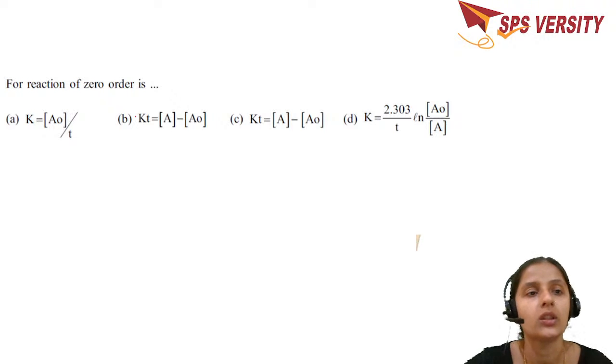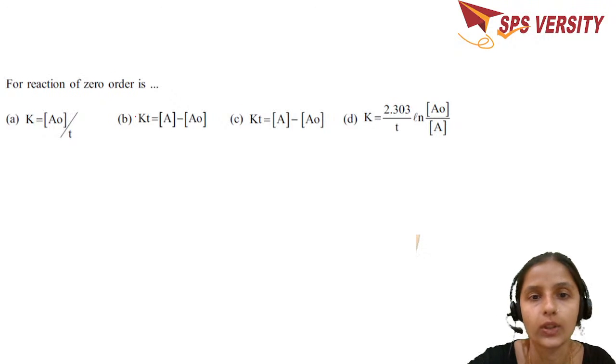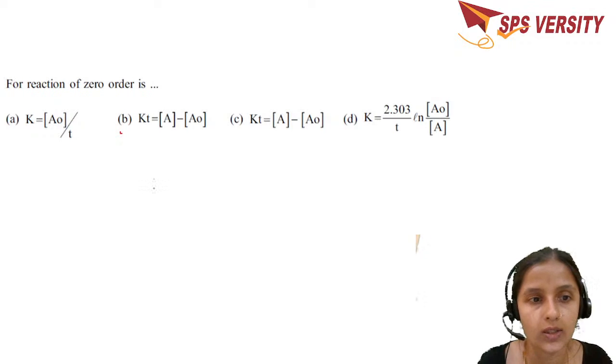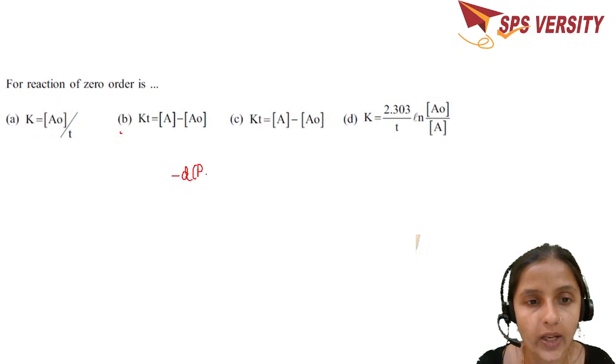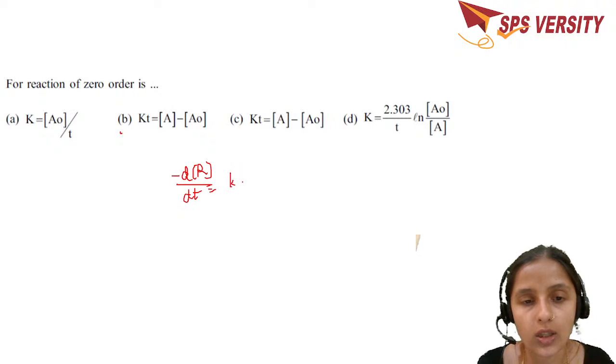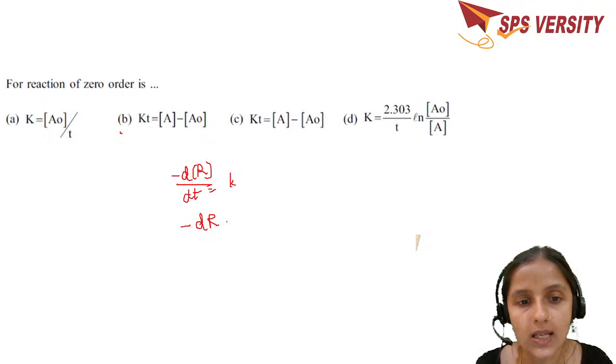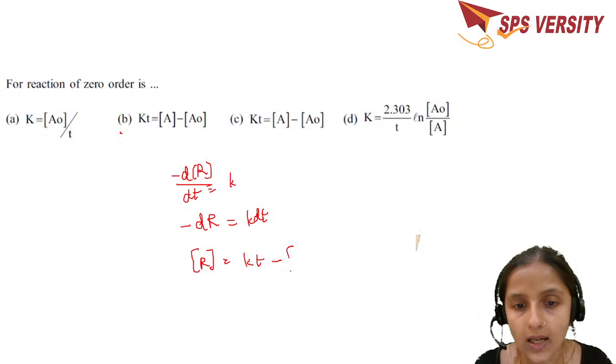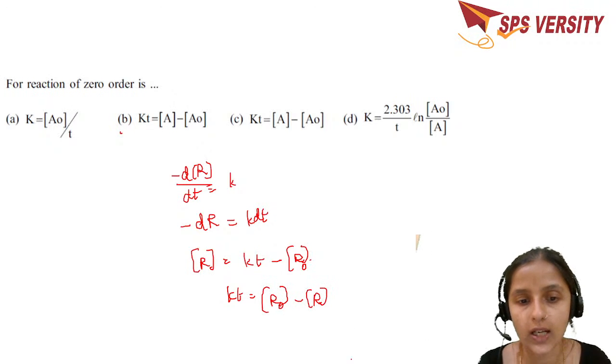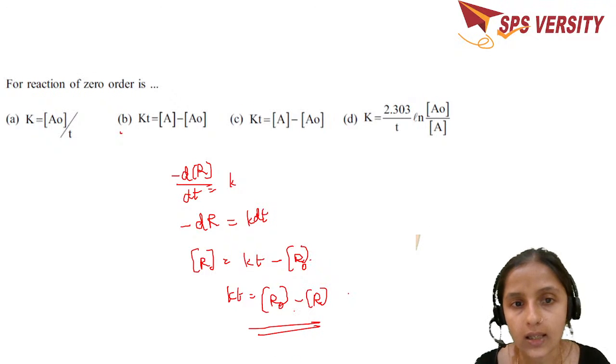For a reaction of zero order, what is the expression? Zero order reaction is the one where the rate is independent of the concentration of the reactant. So you write minus dR is equal to k dt, or after integration, what are you going to get? Kt is equal to R naught minus R. When you rearrange this expression, Kt is equal to the initial concentration of the reactant minus the concentration of the reactant at time t. So instead of R naught and R, you can always take